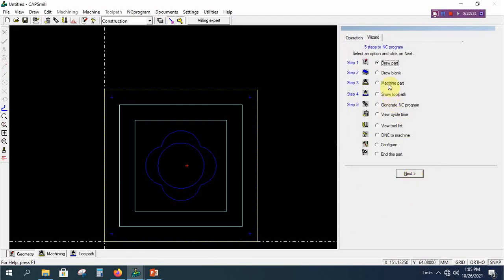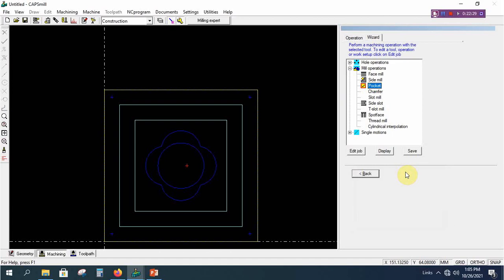Go to machine part so that we can select the tools. Machine part. For creating the profile, go with geometry. For changing the parameters and selecting the tool paths, go with machining. For simulation, go with the tool path. Here also we can select. Now we need to select some operations. Milling operations completed. Close it. Open hole operations. The first one is drilling. This is spot drilling. This is peg drilling. And the third one is countersinking. The last one is tapping.